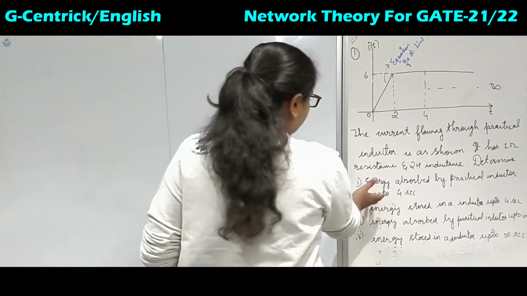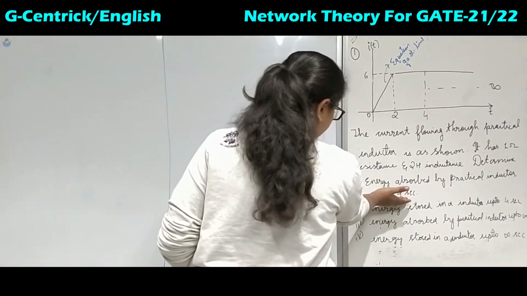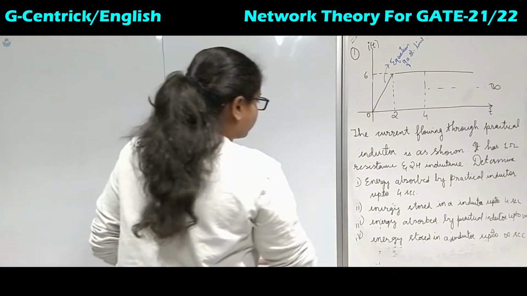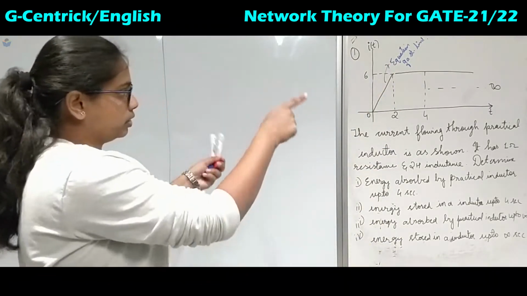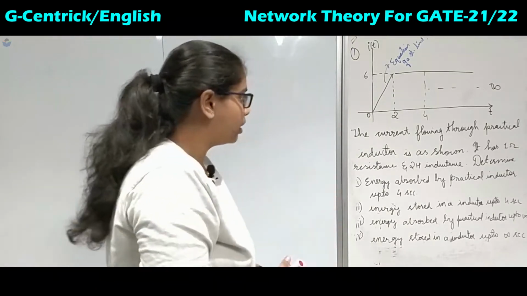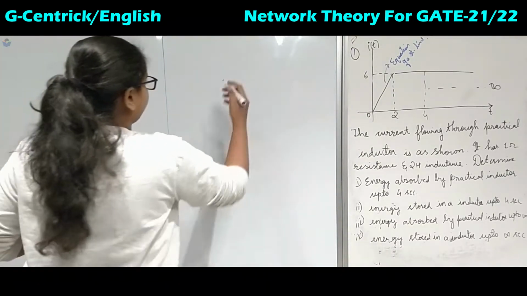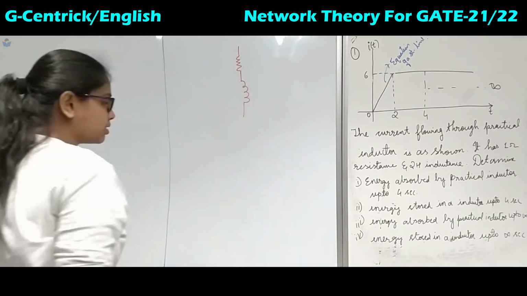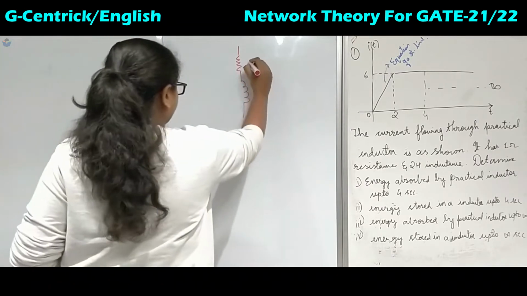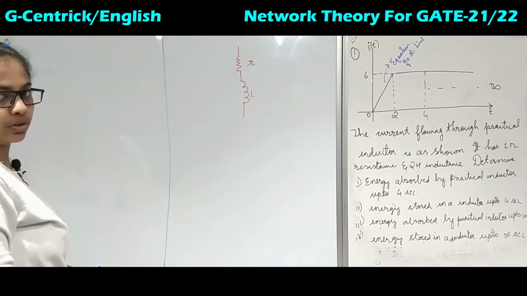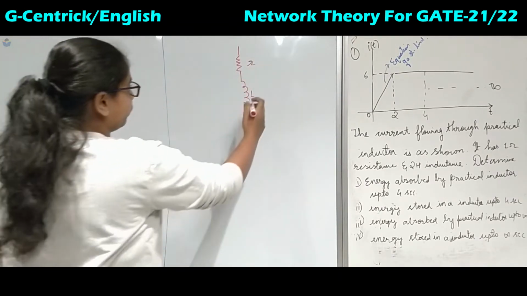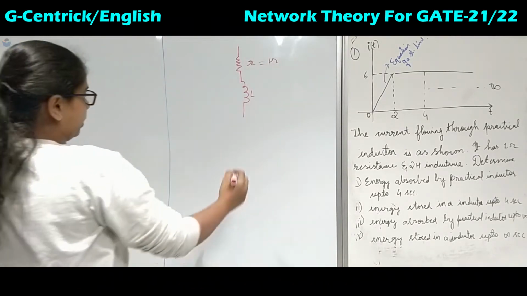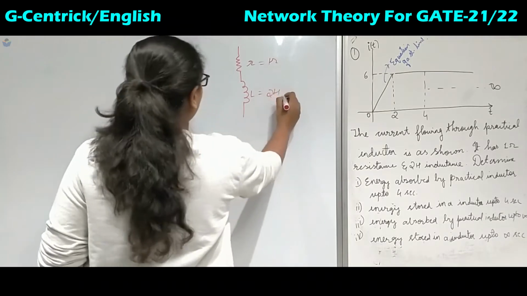So now, only till here the first question was the GATE question, and these next 3 questions have been framed. Okay. So we have to find the energy absorbed by the inductor, that is the practical inductor. So what is the practical inductor? It is nothing but an inductor which has an internal resistance and an inductance. So this is R and this is L. So this is the practical inductor. The value of R is given as 1 ohm and the value of inductor is given as 2 Henry.